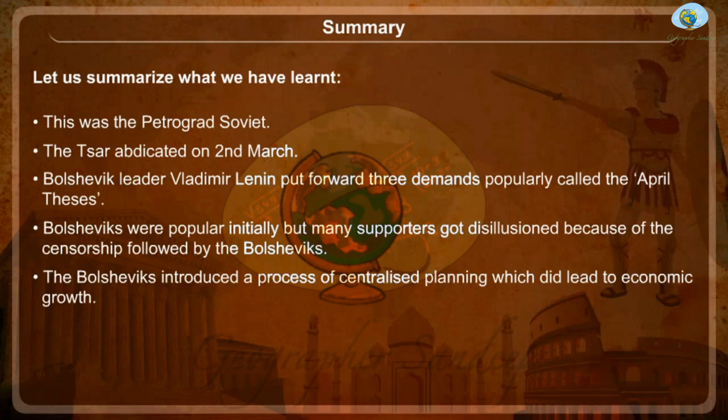The Bolsheviks introduced a process of centralized planning which did lead to economic growth. Stalin's collectivization